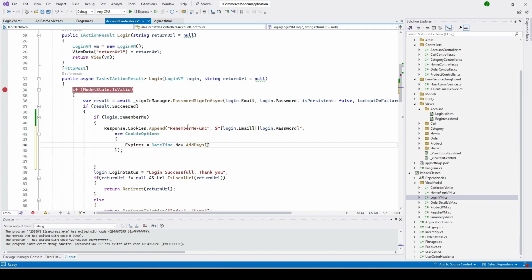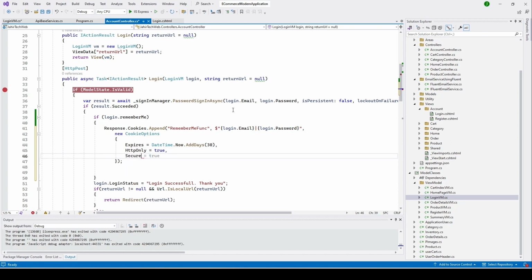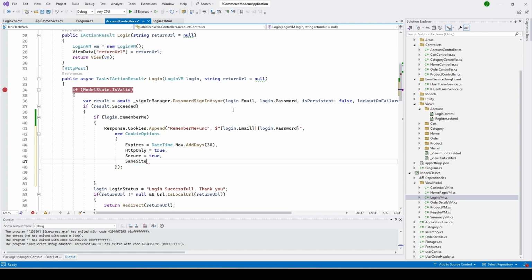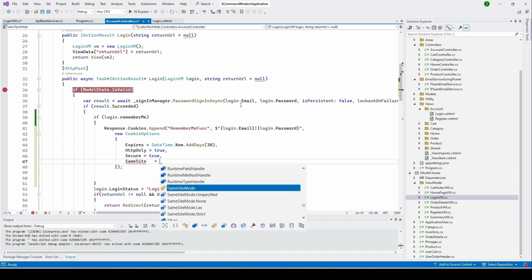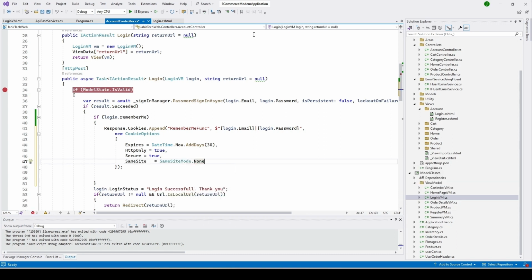You can add whatever days you want, but I put 30 days here, and then put a comma, go down, put HttpOnly equal to true, then Secure equal to true, and then SameSite equal to SameSiteMode.None. All right, so this is what we did with the post function. RememberMe would be the name of the cookie, and under this we'll have the login.Email and the